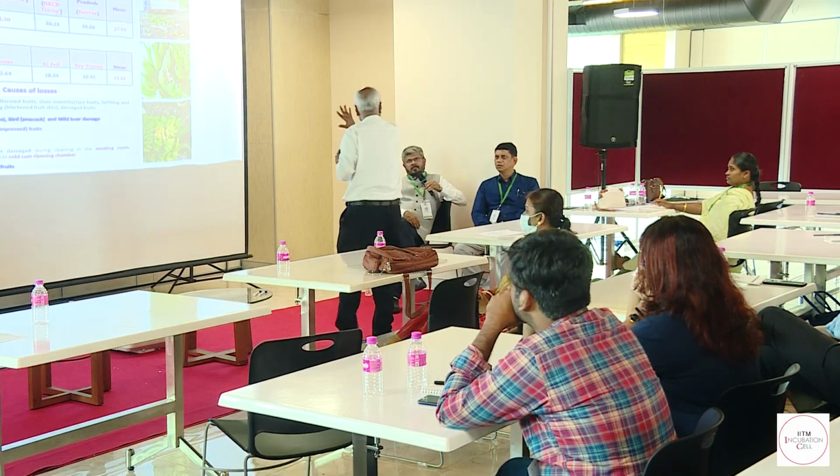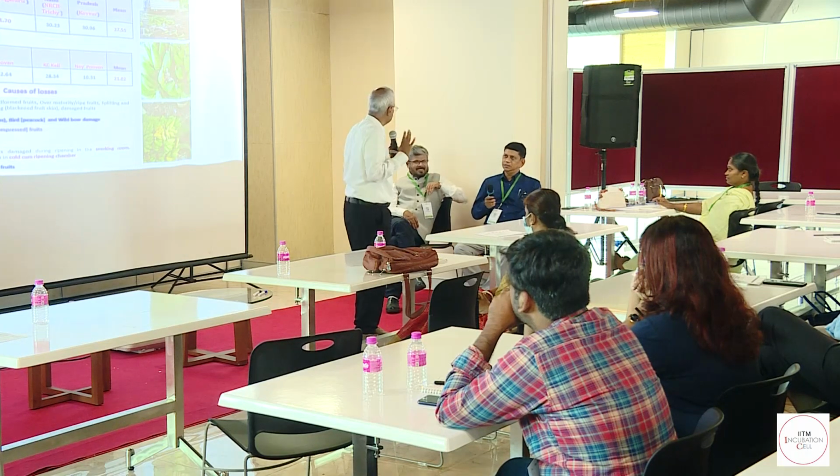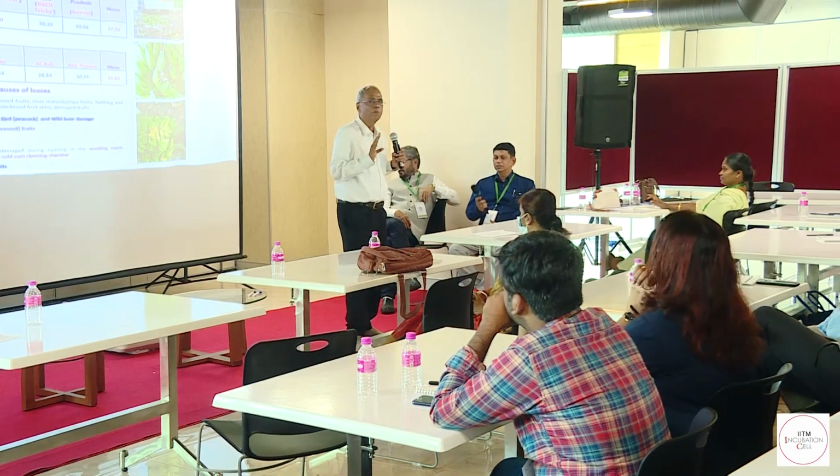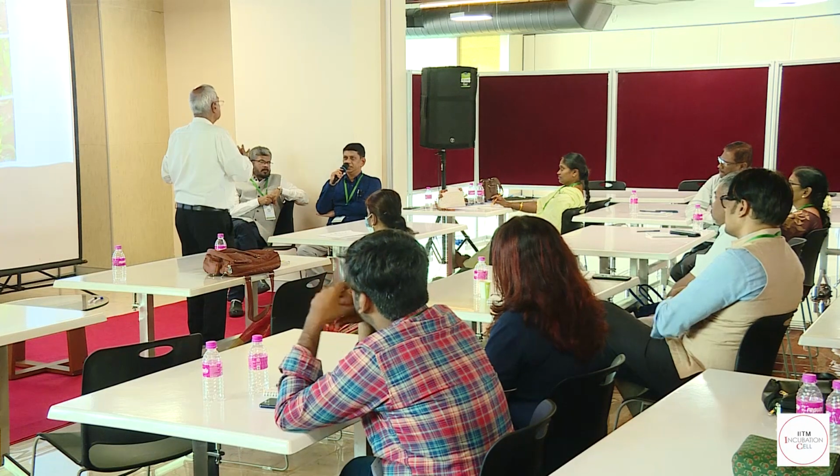Chips can be made. Chips is well known. Powder can be made. What else? Sir, if it is converted into pulp, that is the base material for different products. For ripe banana, it can be converted into pulp. It is the base material for different products.